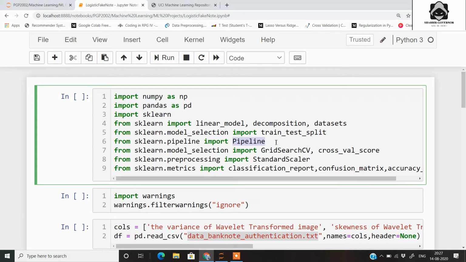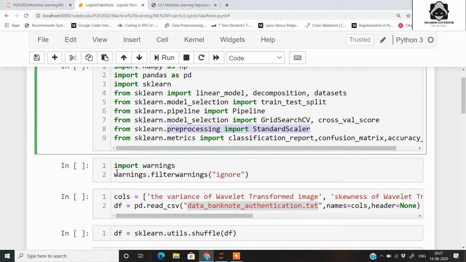This is something new that I haven't shown in any of the videos before, but in this video we'll be seeing how we can implement a logistic regression pipeline too, and then we will be implementing the grid search, which will help us to determine the best parameters for our logistic regression model so that it can perform well. Along with the grid search, we also import the cross validation score, and then from the preprocessing module we import the standard scaler so that all the features are on the same scale. And lastly, we have the confusion matrix and accuracy score imported from the sklearn metrics module.